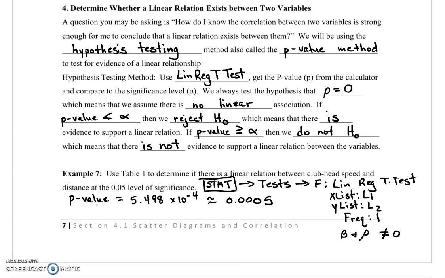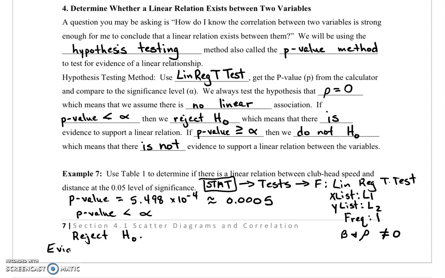If we compare that to alpha, which is 0.05, we have that the p-value is less than alpha, which means we reject the null hypothesis,